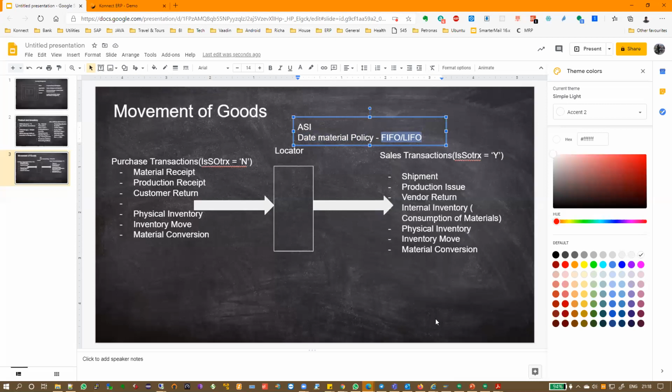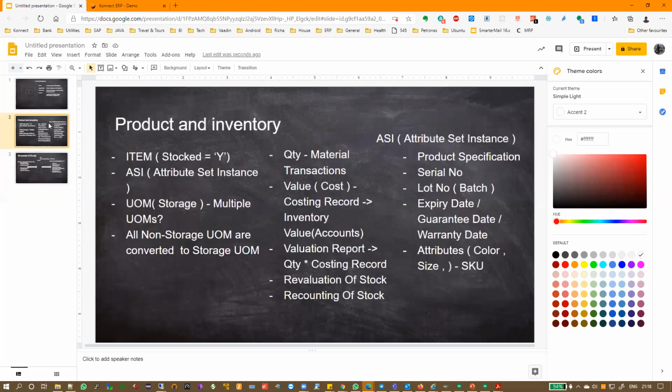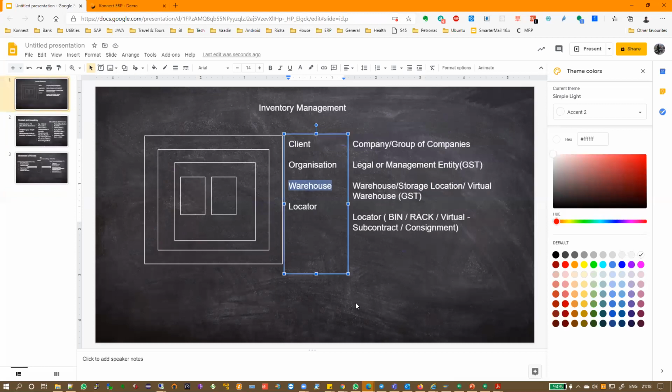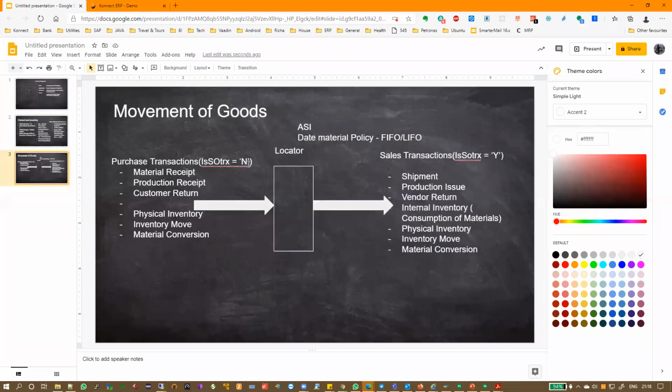Now, Connect ERP is one of those ERPs which allows negative inventory. At the warehouse level, you can determine whether a warehouse will allow negative inventory or not. Now what does negative inventory mean? It's very simple. Going back to the same diagram, that means before stock comes in, I'm taking stock out.